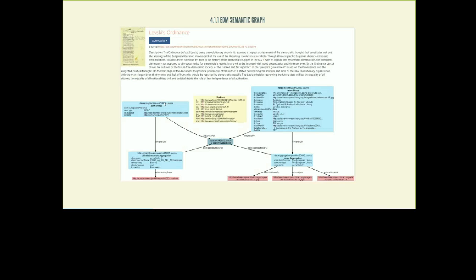So here is an example of one particular object. This is a Bulgarian national treasure. In the middle is the so-called cultural heritage object, and on the left and right are two pairs of so-called proxy and aggregation. These represent information from different institutions about the same object. This is a sort of complication of the model that many people don't really understand why it is necessary.